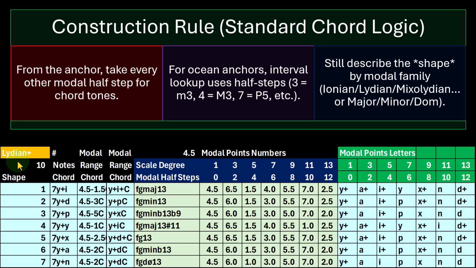So let's say we're in the Lydian Ocean, which would be 4.5 from our absolute modal numbering system. Now, if I built a 3, 4, 5, 6, or 7-note chord, normally we would take the note in the collection of notes around the key of C. That would be an F sharp or G flat. And then we would call it by note and then say it's a major 13 if it was a 7-note chord. And it would be an F sharp or G flat minor 13, or we can build an F sharp B flat minor 13, minor flat 13, flat 9. That would be like